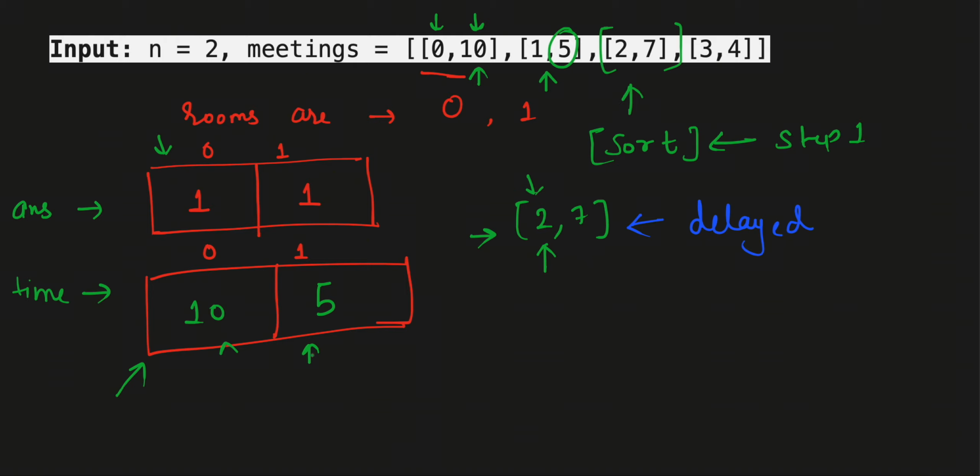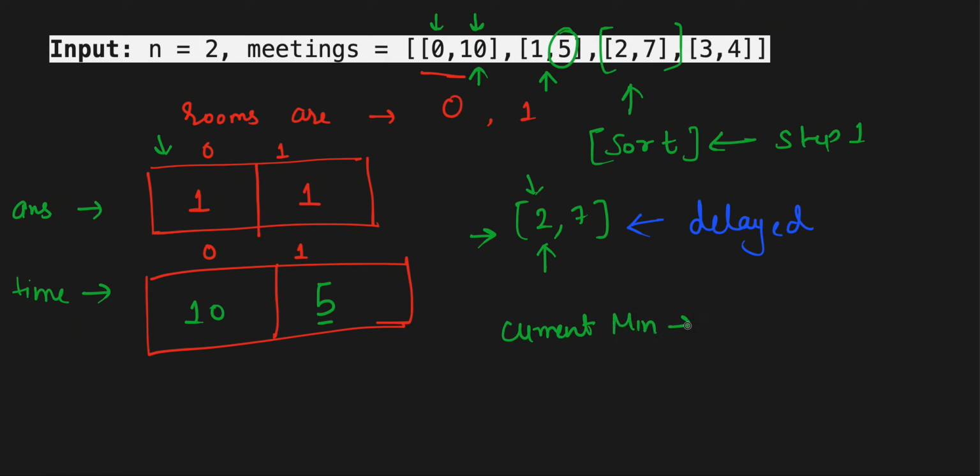So now the question is, I need to find a room where the meeting gets over as soon as possible. So I came here. This is the ending time of the meeting, 10. I cannot pick this. Okay, I came to this. I need to find the minimum one. Current min is 10. So to find the minimum time, or to get the room where the meeting is ending as soon as possible,